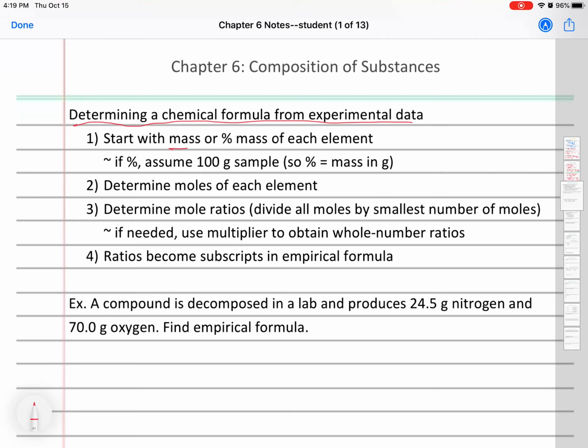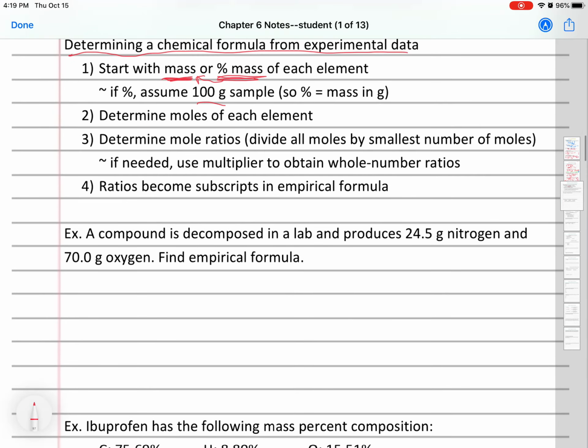First, we will start with either a mass of different elements, or the percent mass of each element in the substance. If we're given the percent mass, we're going to convert it to mass by just assuming that we have a 100-gram sample. And so we sort of did this before, and I'll show you how we're going to do it again. Step two is then we're going to take the mass of each element and determine moles. We can go from grams to moles using molar mass